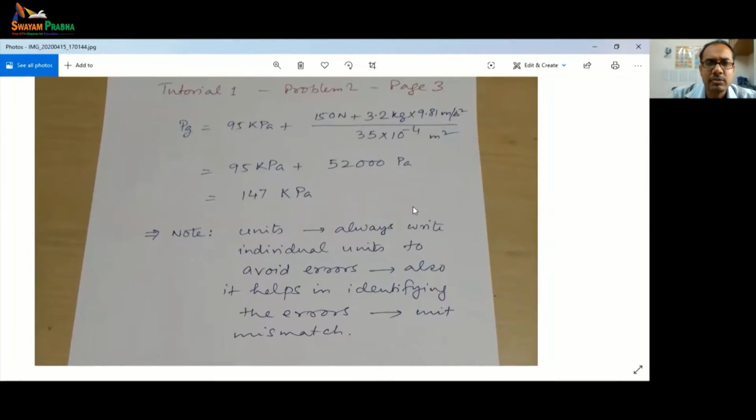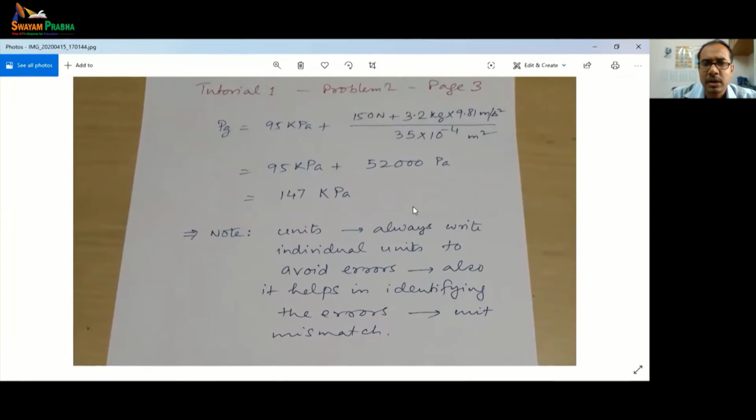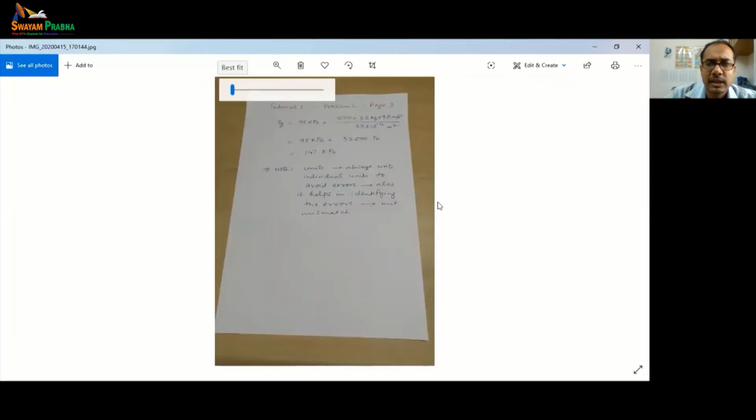If you miss something, that will be identified just from the unit. So again, that was a straightforward problem on the concept of pressure and force balance. Now let's take the next problem,